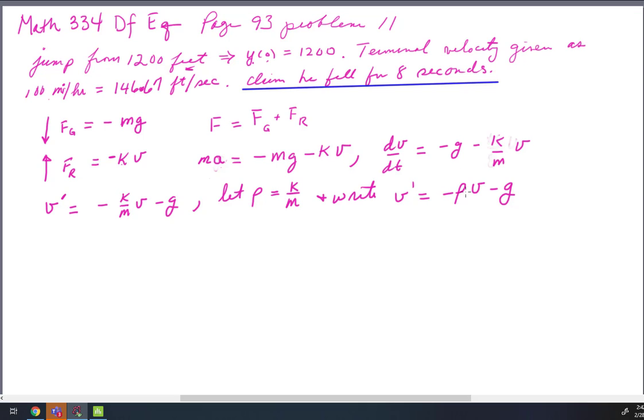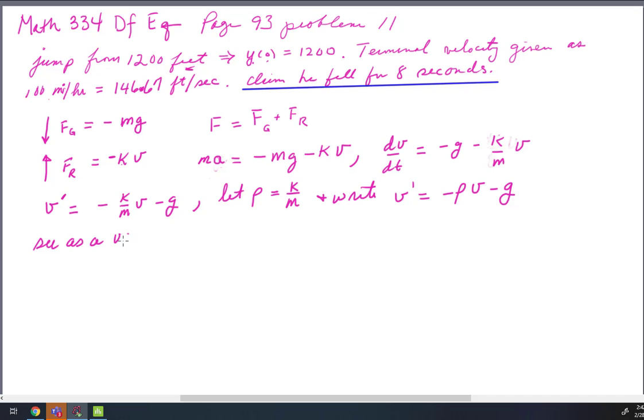If I would transpose the rho v term, it would become v prime plus rho v is equal to negative g, which is the form of a first order linear equation, and I could find an integrating factor and solve it that way. But it's also variable separable, so some equations fall into more than one category. I think we've mentioned that before, but I don't know that we've really looked at one that fell into more than one category. This one does, and maybe the easiest way to solve this would be to see this